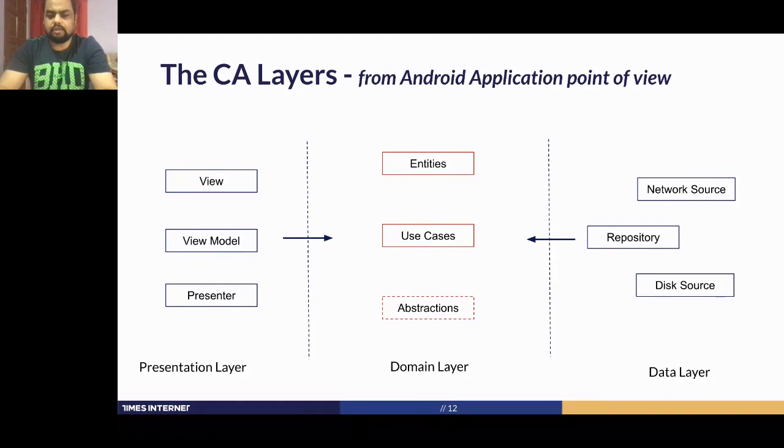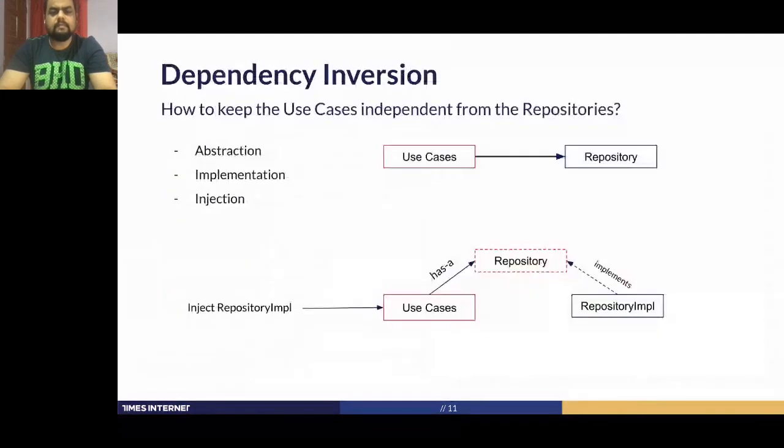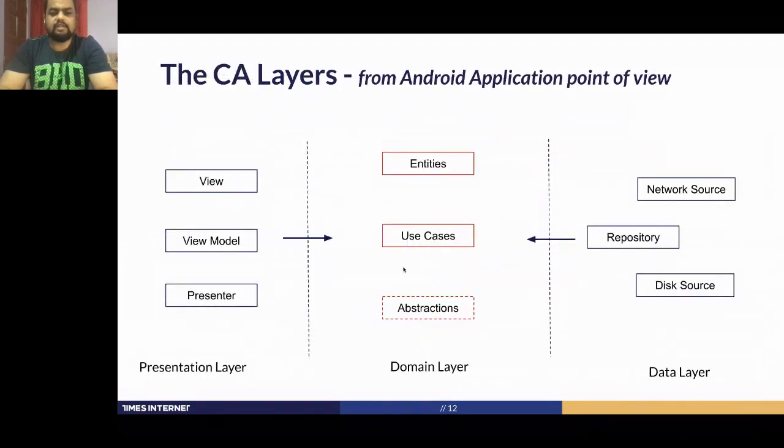Now, the arrows denote the dependency between these three layers. So the presentation layer knows about the domain layer, and the data layer knows about the domain layer. So domain is independent, it doesn't depend on any of the outer layers. Now, coming back, there is a concept called dependency inversion. You might question why presentation depends on the domain, and why domain doesn't depend directly on the data layer. Most of us start off with this clean architecture approach, but somehow we lose